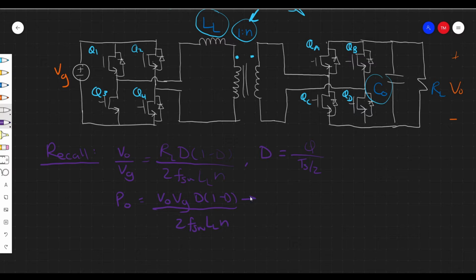And we can also derive the equation for the output current, which is simply P out divided by V out, so it's VG, D, 1 minus D, over 2 times the switching frequency, the leakage inductance, right? We already know this, and this is also equal to V out over R load. Great, so